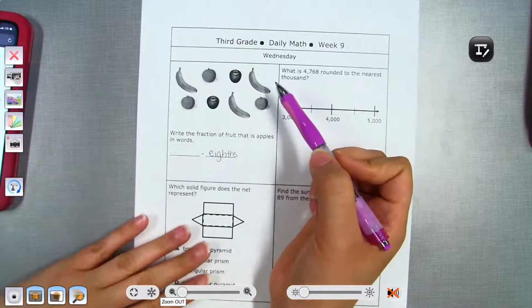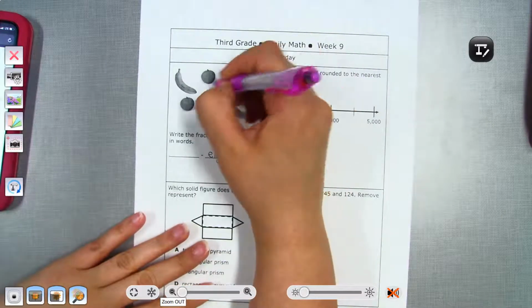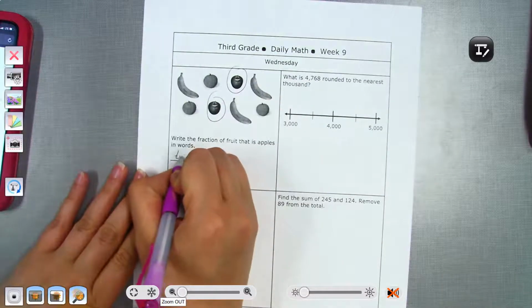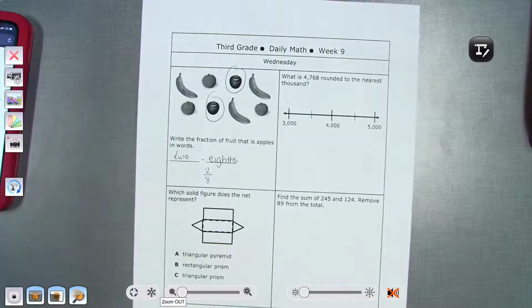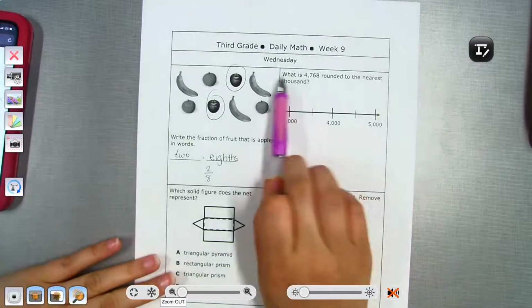And then I need to know how many are apples. So I have 1, 2. So we have 2 8s. 2 8s, we would say 2 8s of the fruits are apples. Okay. What is